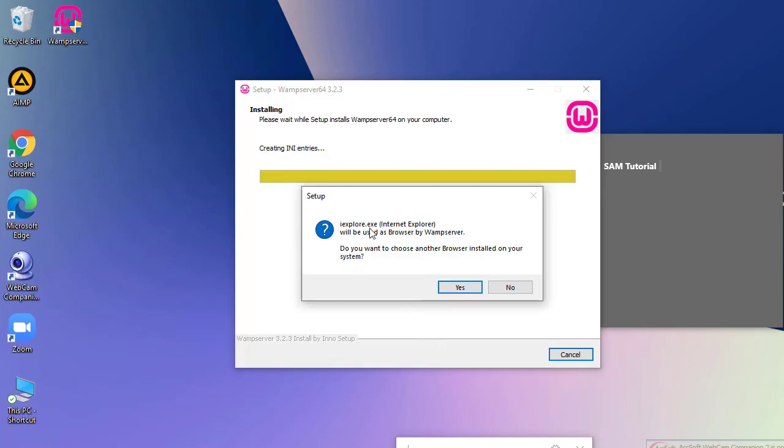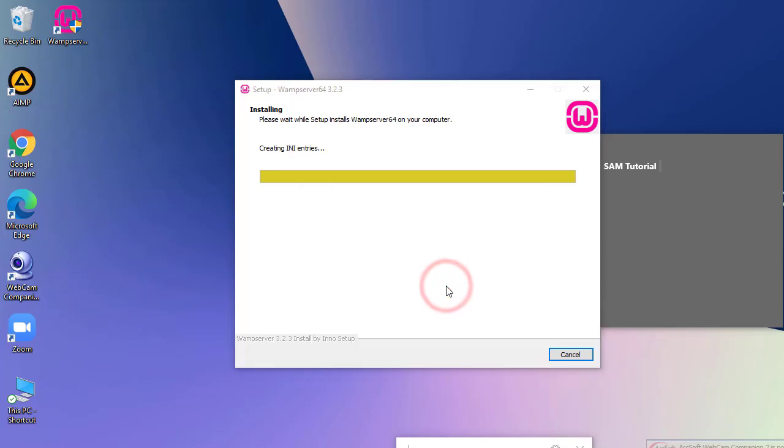Now it is asking which browser you would like to use as default for WampServer. I am using something other than Internet Explorer or Microsoft Edge. So this is asking, do you want to choose another browser on your system? And I would like to use another browser. Yes,